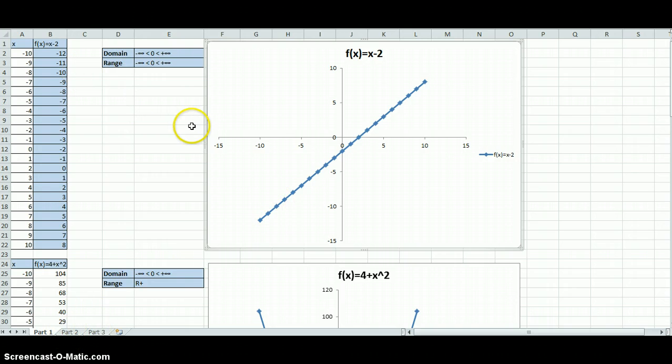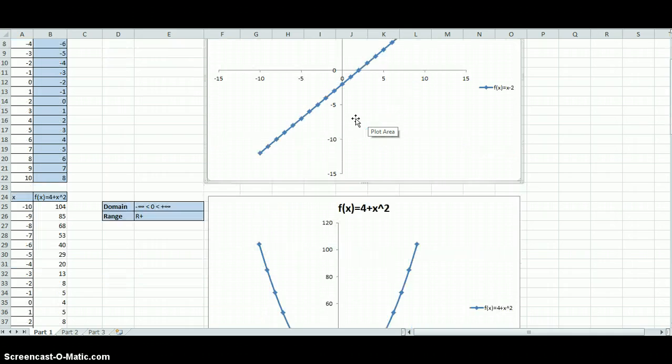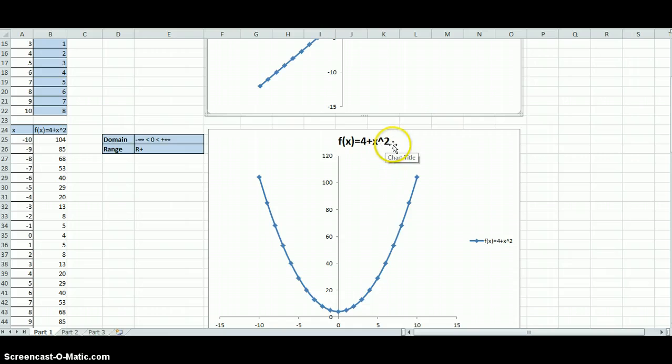Here we have just the functions, and to get a straight line, we simply add or subtract something to the x. We can also multiply x. Just the greatest power of x can be 0 or 1. If we have a power of x as an even number, like 2, 4, 6, we then get a U-shape